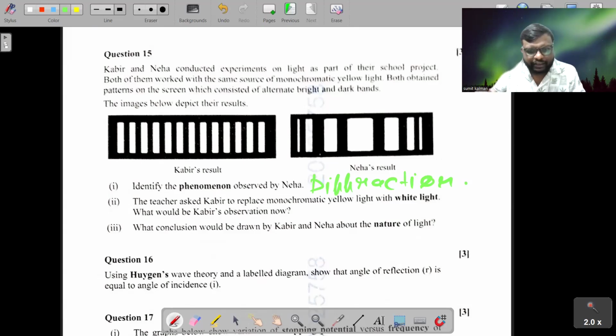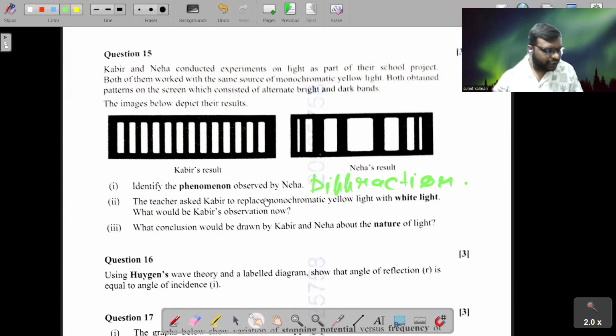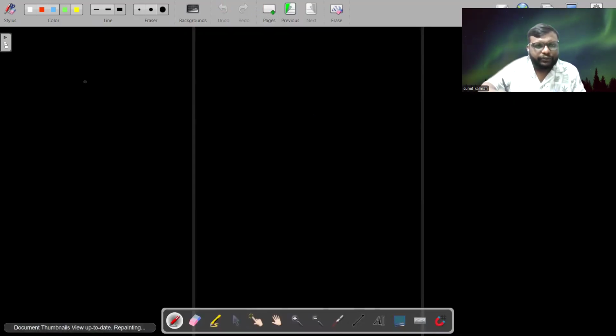Now, in the second part, they are asking: the teacher asked Kabir to replace monochromatic yellow light with white light. What would be Kabir's observation now? So students, Kabir's result shows which phenomenon? Now students, this is interference. But if we replace yellow light with white light, what will happen? In white light there are many wavelengths, and what will the observation be? The central fringe will be